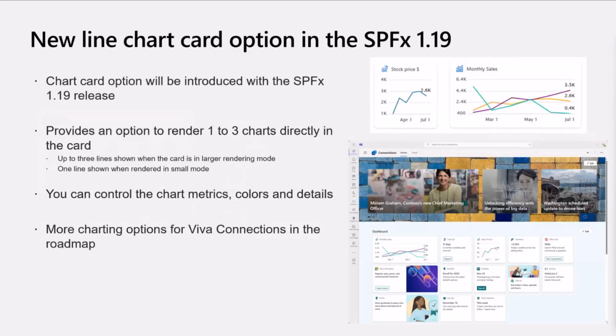Now, as part of our SPFx 1.19, we already released the line chart option, which will basically give you the option to implement custom cards, which are then connecting to the backend systems and surfacing relevant information. It could be stock price. That's probably the most simple example, but quite commonly people would be asking, okay, so I want to have the monthly sales as an individual card, and I can easily access that through my Microsoft Teams directly with Viva Connections dashboard, relevant business information for me based on my role with audience targeting, and we can easily do